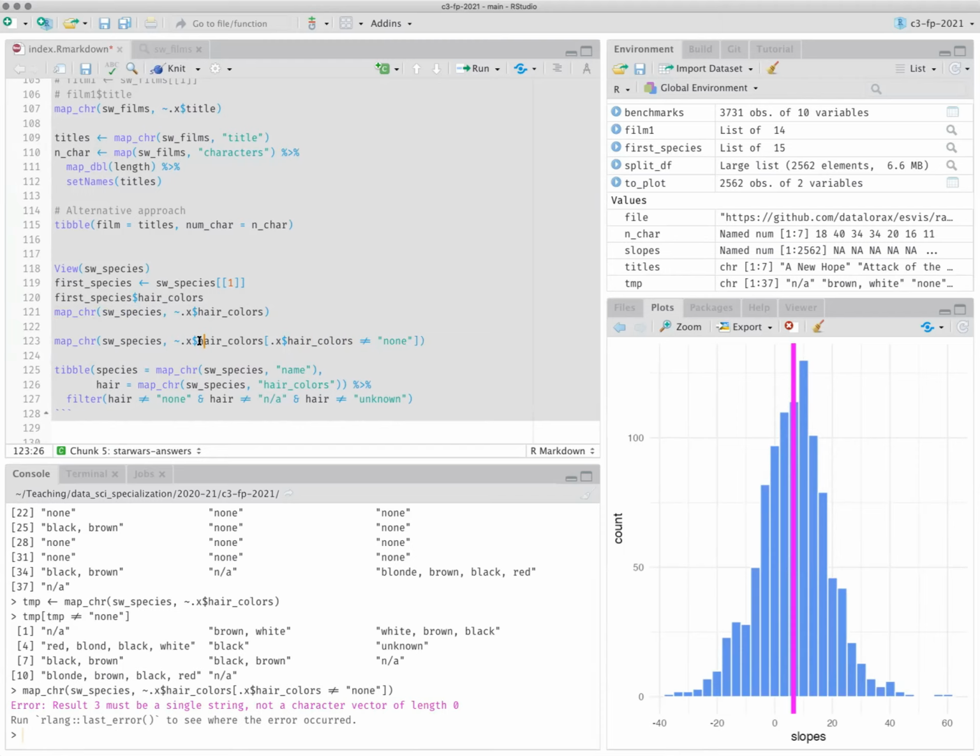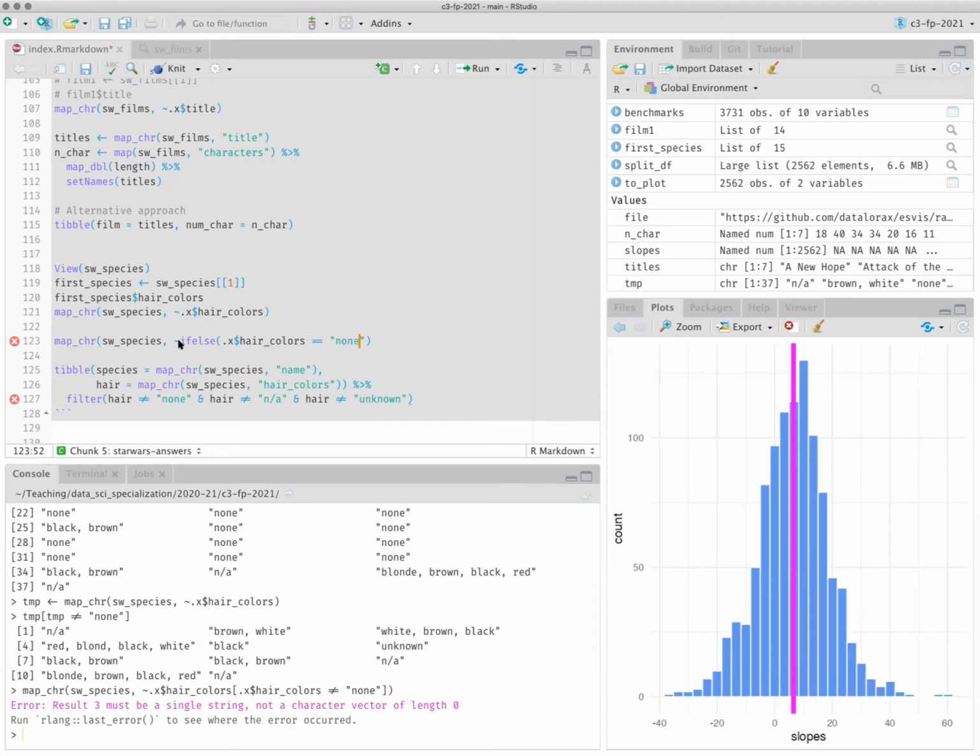So instead, actually, we still have to have it return something. So what we would probably do is do something like this, right? I would probably write my own function outside of this to do this if this is what I really wanted. But I'd say if else .x hair colors